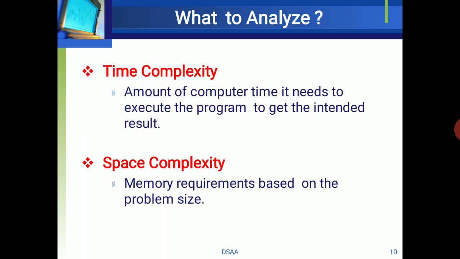Now from all these 5 parameters, we come to the conclusion that we will be analyzing the algorithm by time complexity and space complexity. Time complexity means how much time your system takes to execute the algorithm. Even if I increase the input set and work with a large data set, my algorithm should still give results in an effective amount of time. It should work within less time. That is my target. And next is space complexity. Space complexity means how much memory it has used.